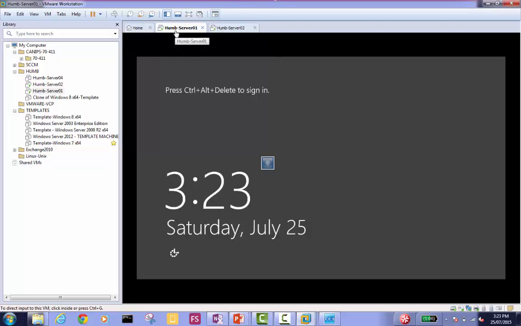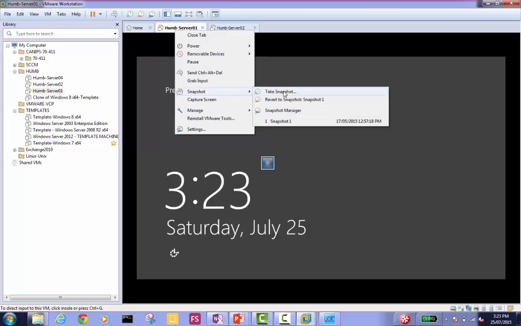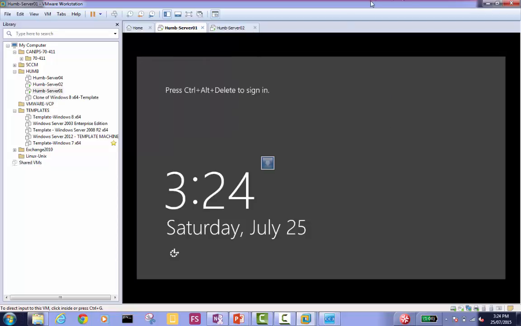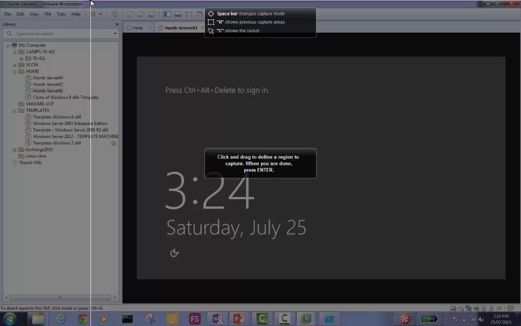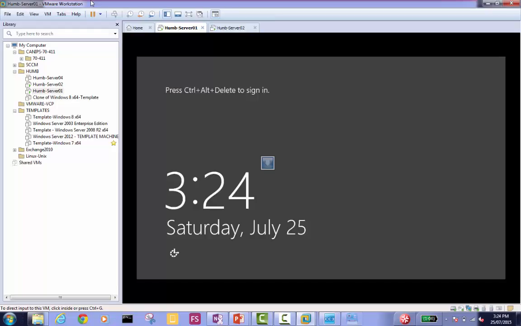So snapshot is this: each machine, right click, snapshot, take snapshot. What does it do? It saves the configuration at that point, whatever configuration was there. And what is screenshot? Print screen, if I do that, or if I have a software like this, it's going to take a picture of the screen. So is there a difference between the two? Big difference. There's a huge difference between snapshot and screenshot, since they both have shot at the end. So that may be mighty confusing.